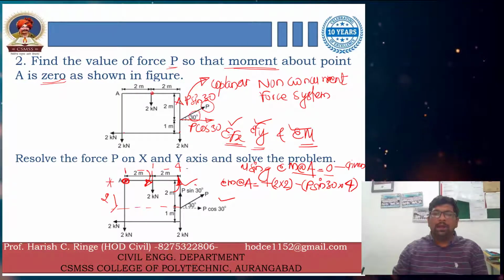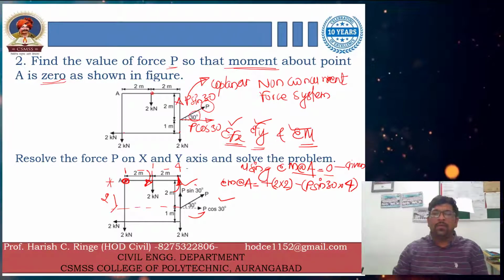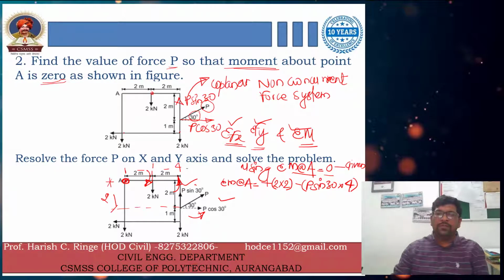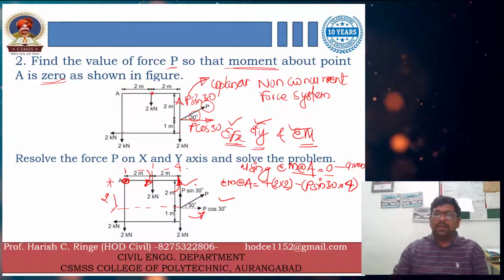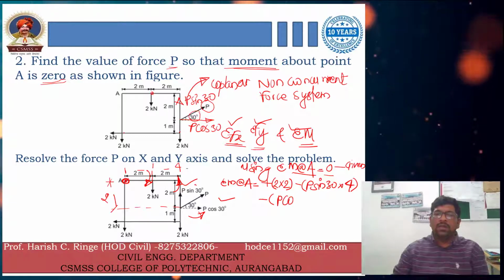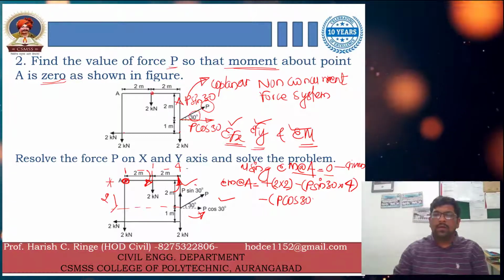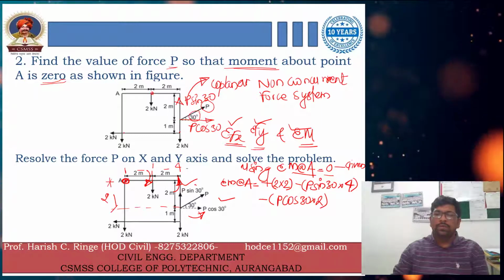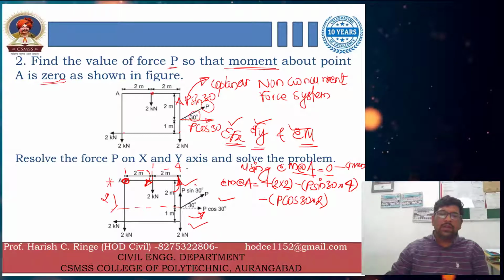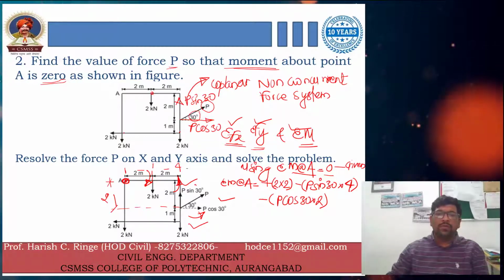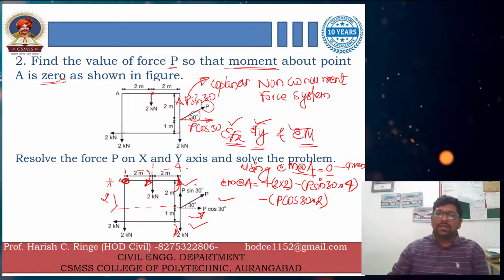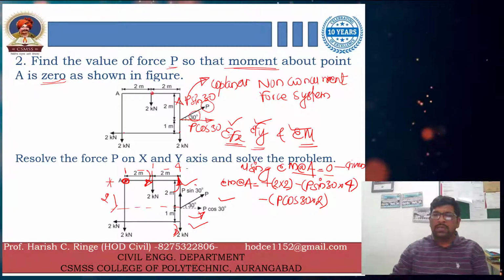So again P cos 30 के तरफ से अगर आप हम लोगों ने देखा डायरेक्शन करके, so it will be an anti clockwise direction of the force, and that's why moment, that's why it will be again minus into the bracket P cos 30 into 2. And again the next force is this 2 kilonewton right over here. So 2 kilonewton into distance is 4, and again move your direction towards clockwise direction in the direction of the force. आप लोगों को वो पॉजिटिव मिल जाएगा, राइट?